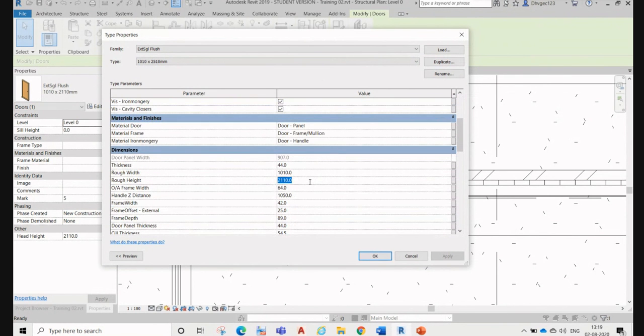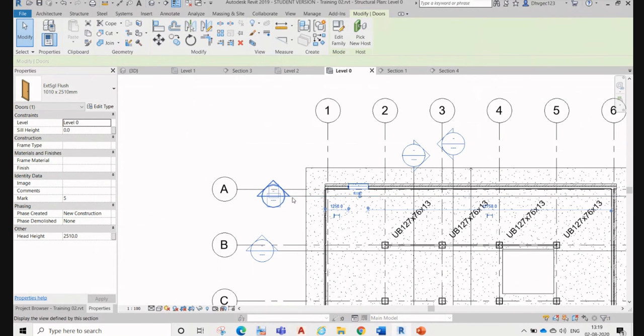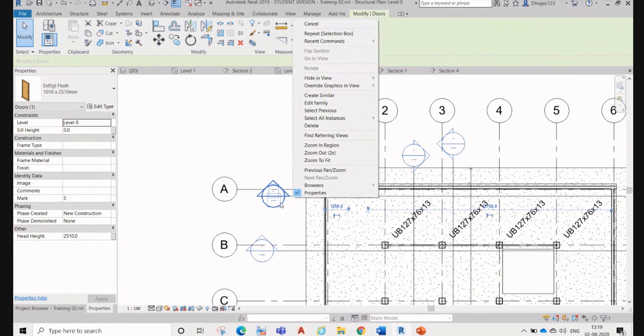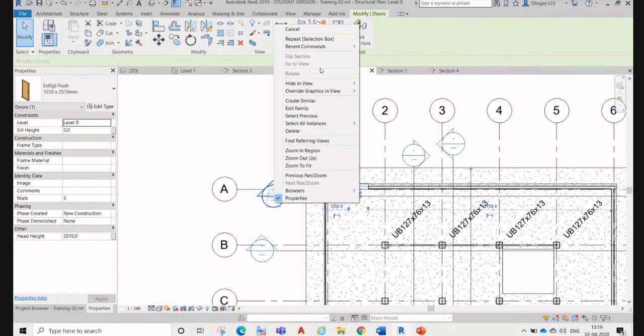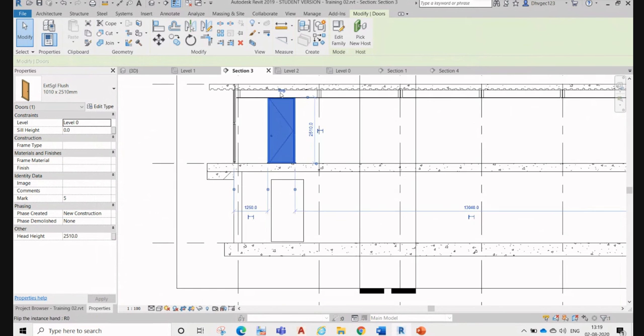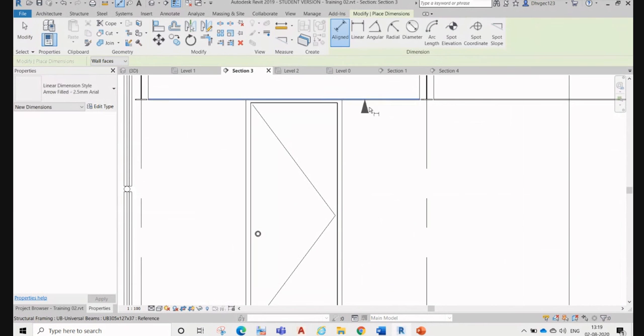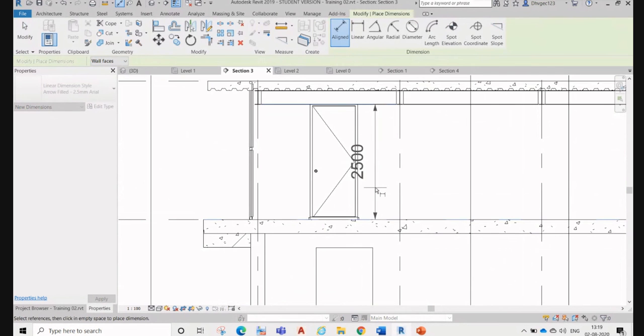So I can put 2510. Okay, apply. So if we go to elevation section, you can see this door height is 2.5, right? So it is suitable for me.